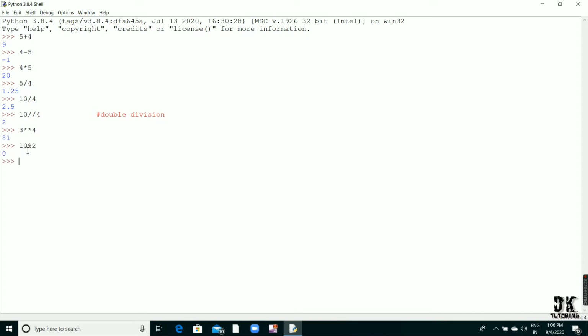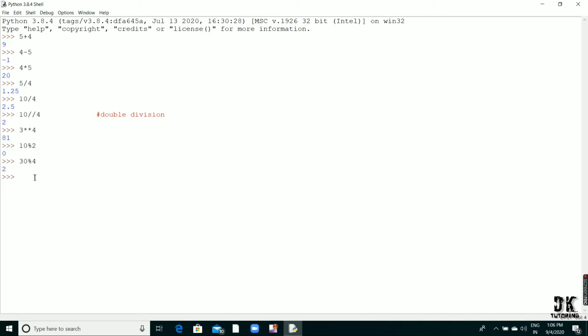See, I am getting here 0. तो यहाँ पे मेरे को 0 मिला. ये 0 कहाँ से आया? तो this 0 is the remainder after dividing 10 by 2. Okay, if I write here 30 modulus 4 and press enter, see, I am getting here 2. If you divide 30 by 4, you will get the remainder as 2. Okay, तो आप यहाँ पे इस तरीके के simple mathematical calculations कर सकते हो.